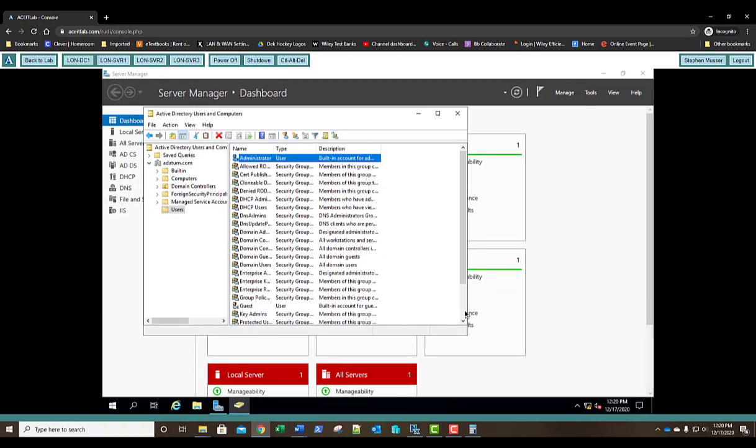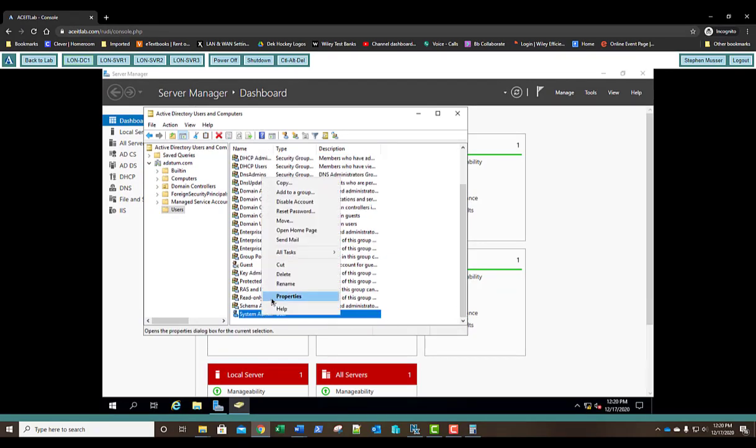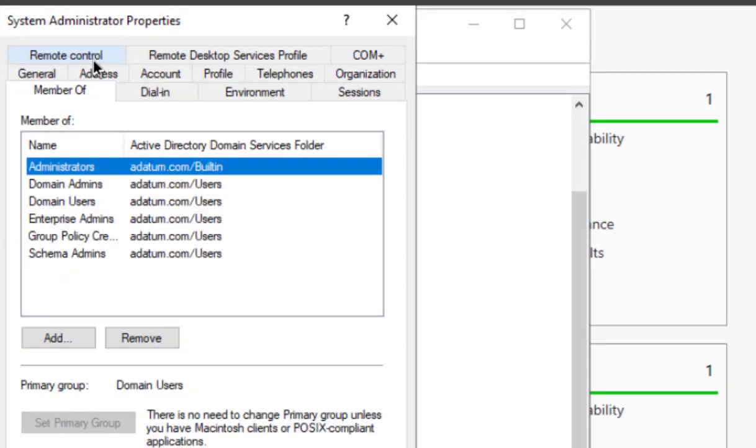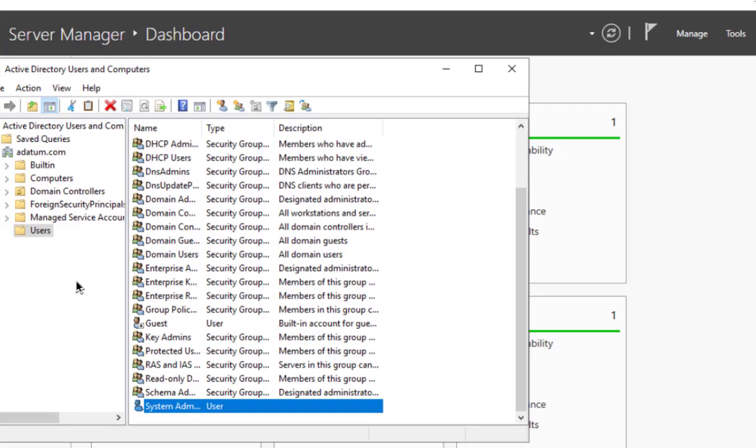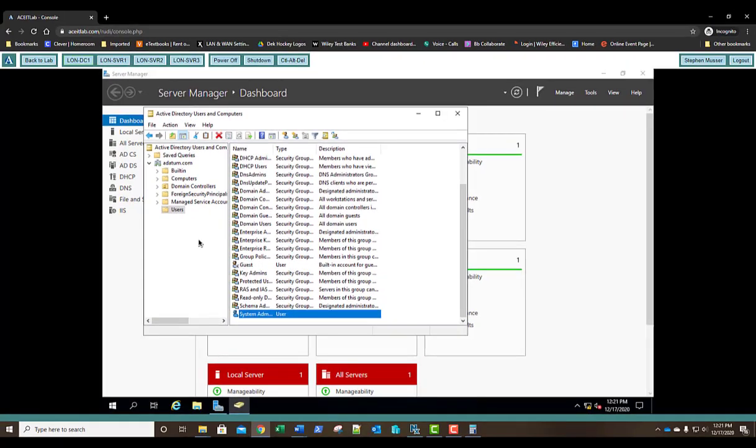I'm going to go down to our system administrator. I'm going to right-click, go to properties. The same membership. When you copy an account, you're also copying the membership. So if you have a set of permissions that have been applied to a user account, for example, sales, research, whatever it might be, they're members of those specific security groups that are required for them to do their job. You can right-click on one of those and copy it and call it sales template, research template,